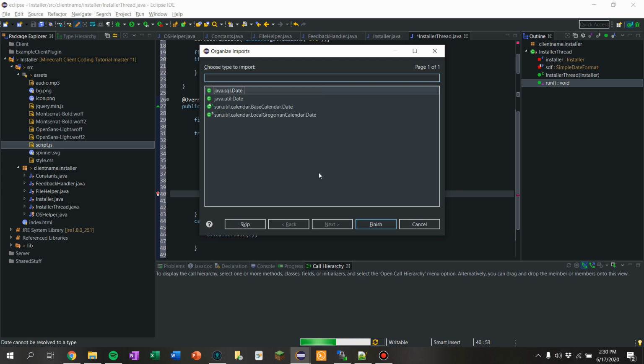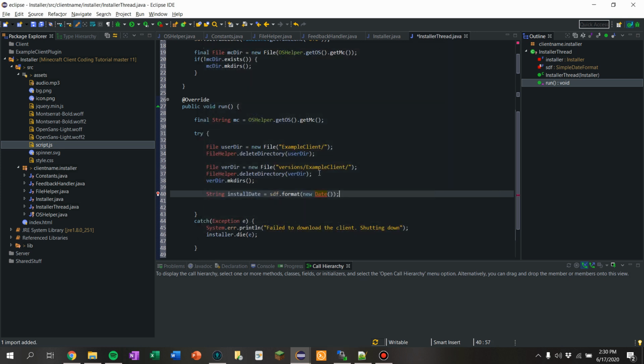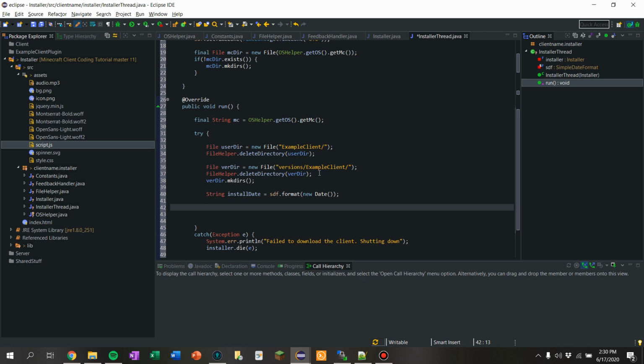Import date, java util date. Don't do SQL, do java util. So this is going to be that date I talked about a little bit earlier. Now we're going to need this for the next thing. So we're going to make actually install date should be